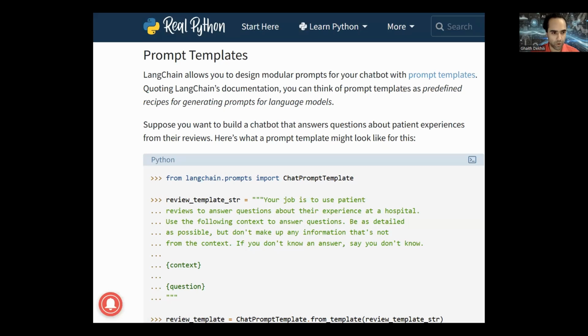In this video, I will talk about prompt templates. You can see prompt templates as predefined recipes for generating prompts for your language model. And this is so useful, guys, as it adds a modular layer when creating prompts. So let's take the code that we talked about in the last video and see how we can use chat